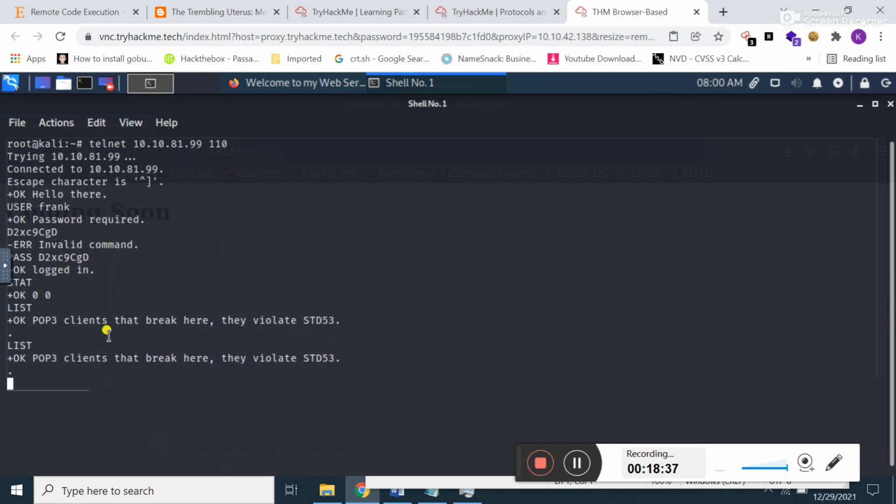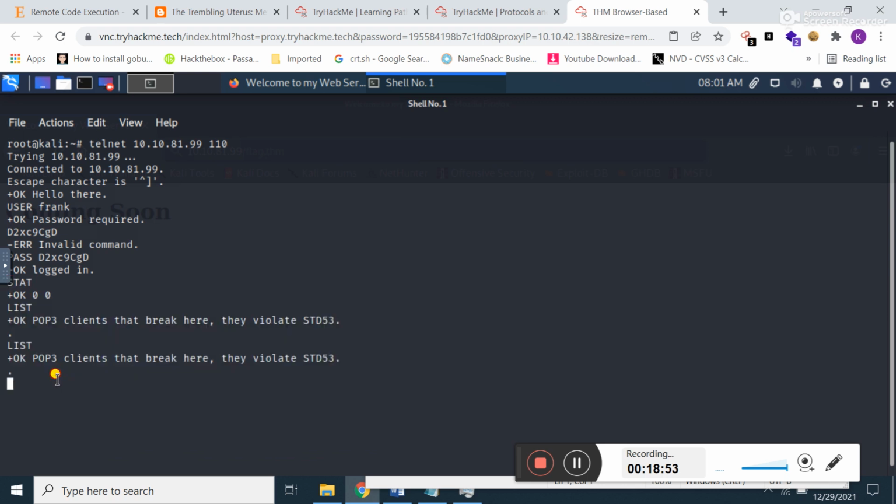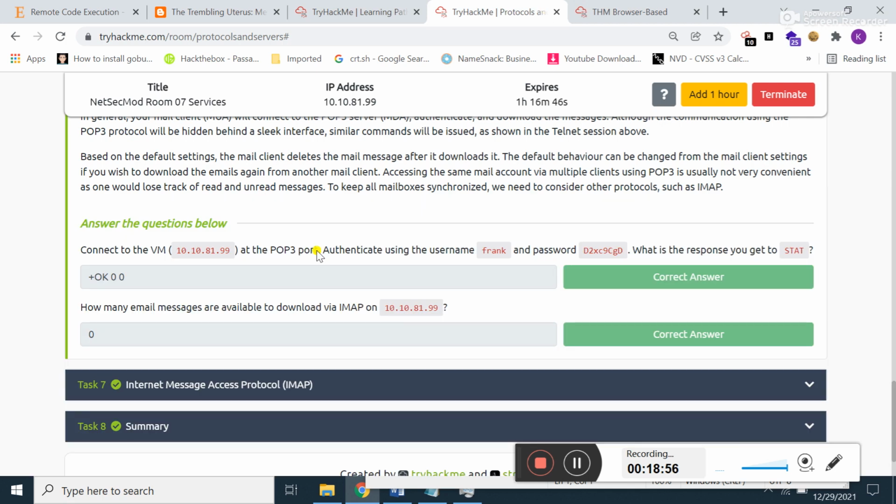You can use this protocol to download email messages. You have to specify the username and password as well, and then you can type different commands. To know about the different commands you can use here, you can Google it.